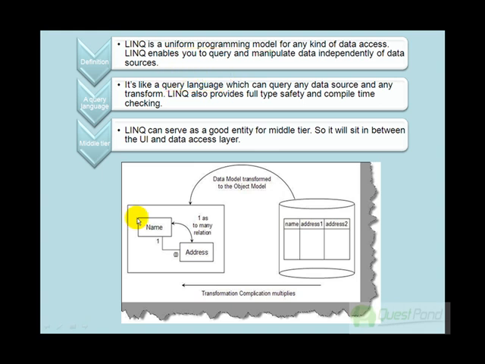One of the other features provided by LINQ is transformation. Right. So let's first understand what we basically mean by transformation. Now consider a table here which has a name, address 1 and address 2 column. All this data is stored in one physical table. So it's all lying in one physical table.